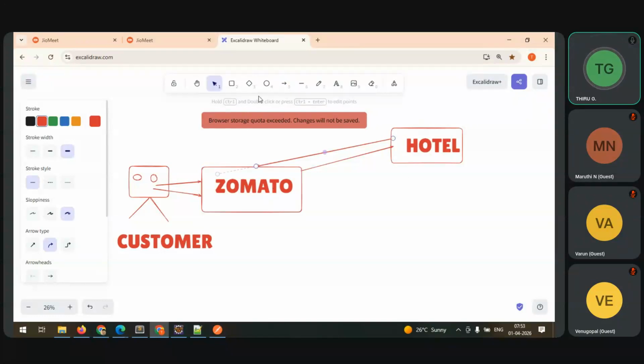So again, from the Zomato application the customer can see, oh, my biryani is preparing. First I order the product, like I'm ordering the biryani in the Zomato application. Suddenly the message will go to the hotel. From the hotel we get the message that they are preparing your food. After preparation is completed,